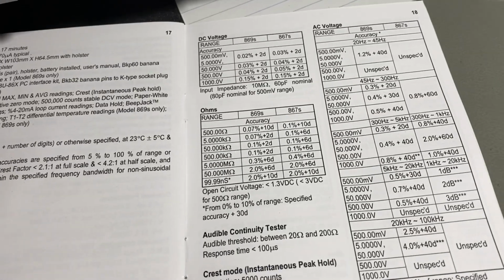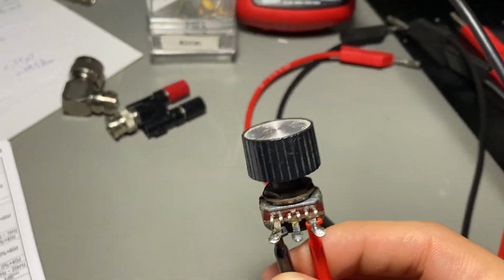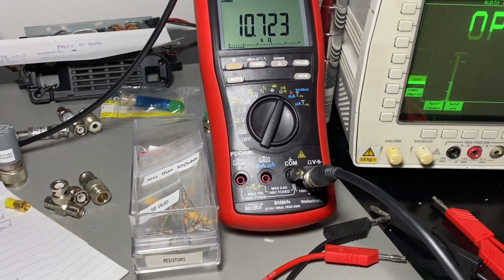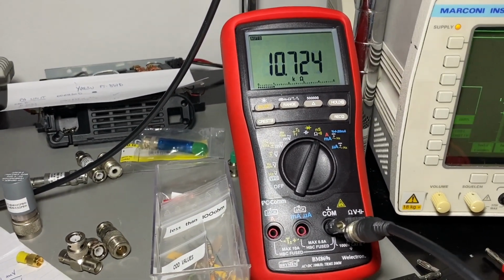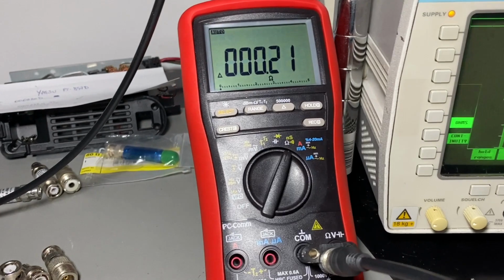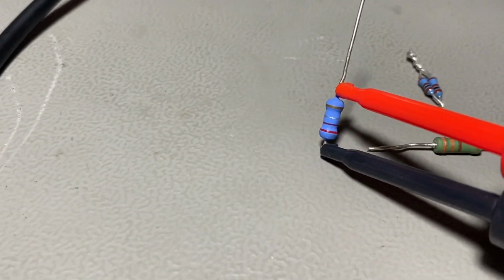And after that, this is by the way a 10K potentiometer. So yeah, let's have a look, let's go to something like 500 ohms. There, about. I'm starting now with a very low value, which is this one here,